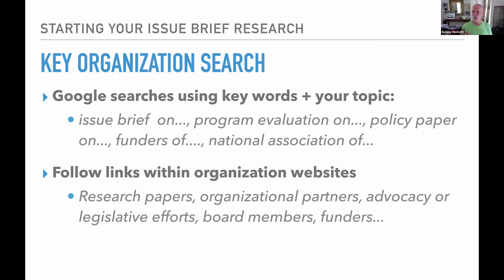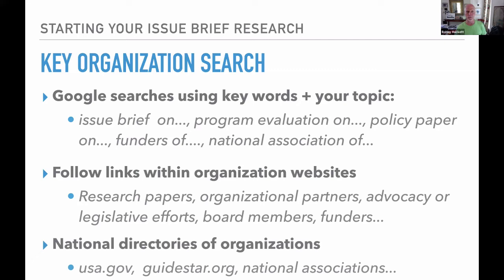So you're a sleuth in this area. Act like a journalist, and really work your way through it. The last thing is you will find websites that themselves are functioning a little bit like what we're trying to do with the Policy Options Wiki, which is they themselves have directories of organizations. USA.gov gives you a good window, just as an example, into the federal bureaucracy. GuideStar is one of the ones that rates nonprofits. That may be another place you go.